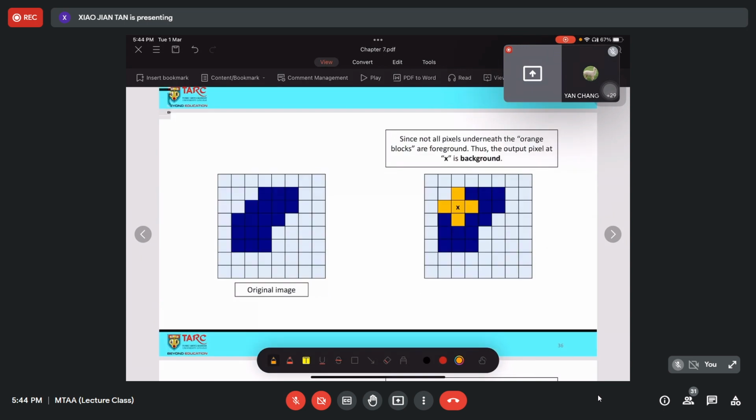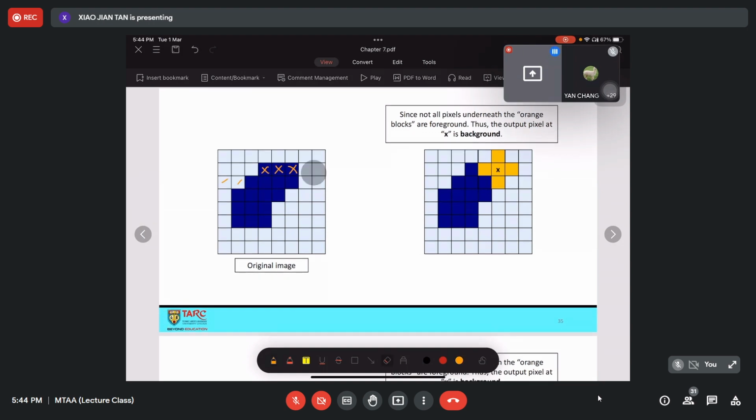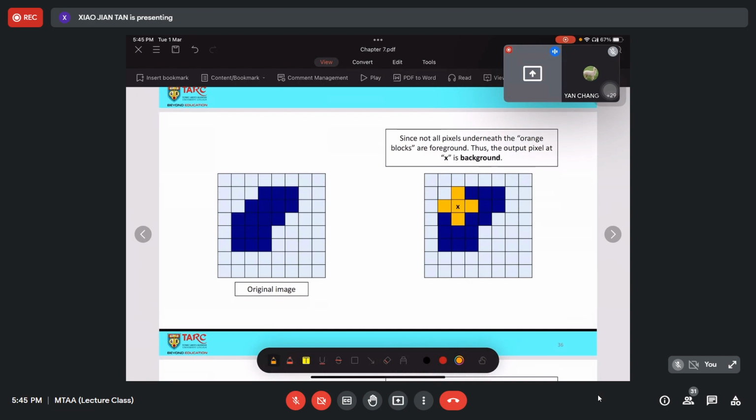I will skip this and this because nothing happened, since the center pixel does not overlap with the object of interest. So I go back to here. Again, we remove this one, because not all the pixels underneath the orange block are foreground. So we remove this one.